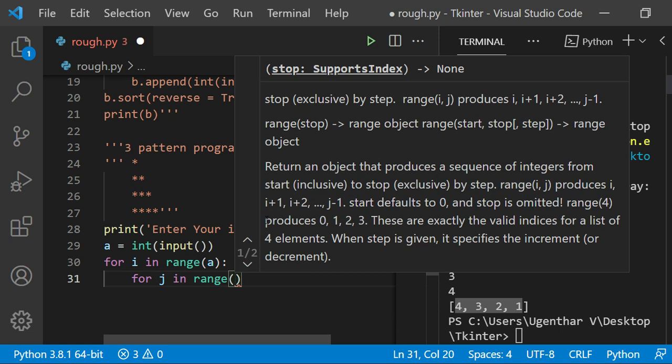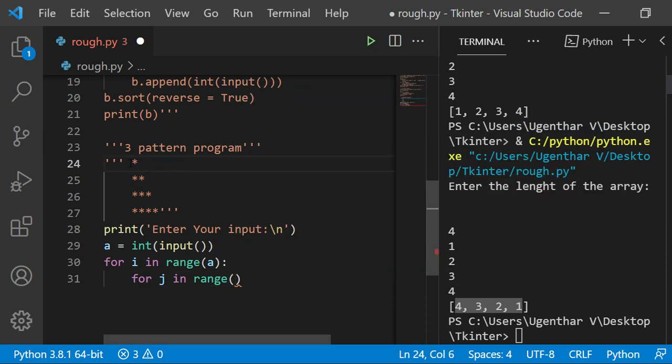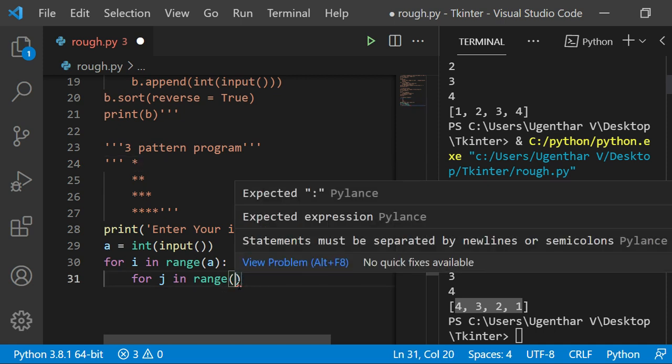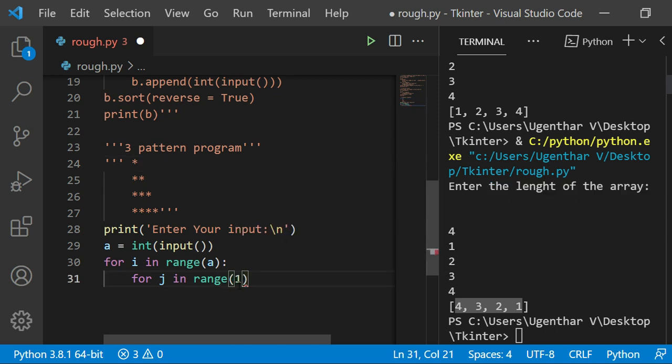Each and every time, the count of columns should be incremented. In the first row, the column is 1. In the second row, the column is 2. In the third row, the column is 3. In the fourth row, the column is 4. That means the column should be incremented each time the row increments, like this.